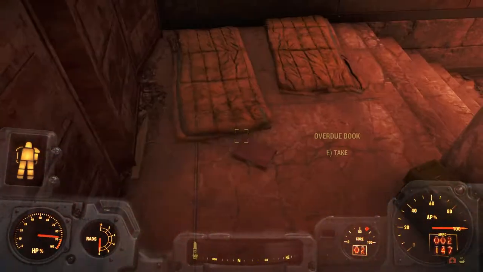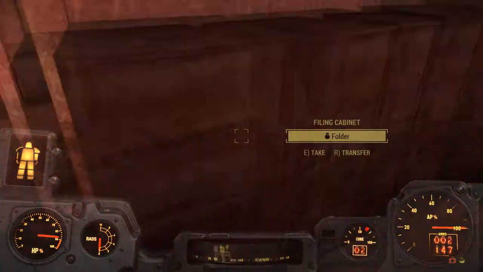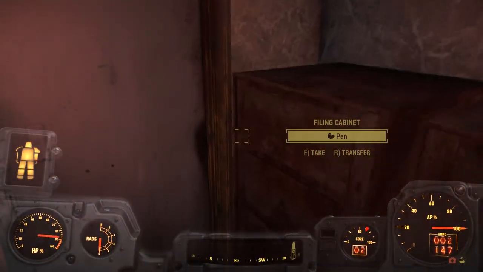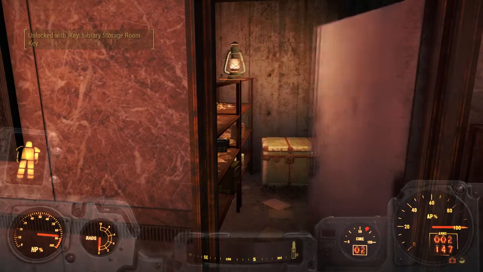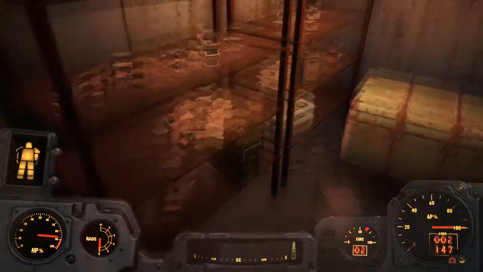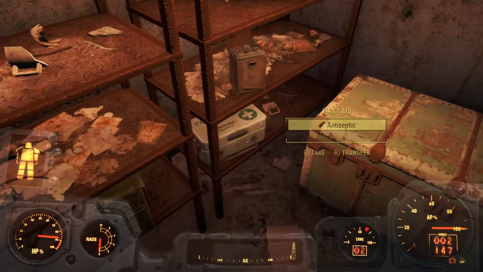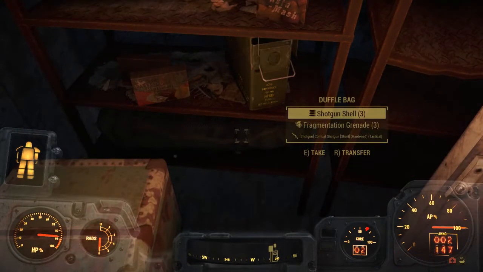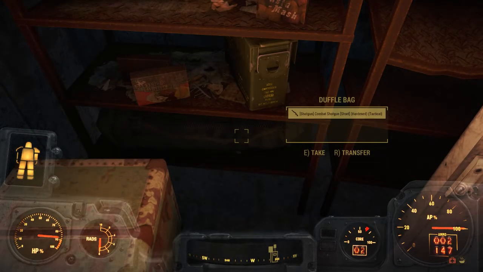Ooh, 3 more overdue books. Well, we'll be stopping by the terminal on the way out. No, the key unlocks the storeroom here. That's right. Yep. Ooh, loud dramatic music. So that's given us a bottle cap mine, a bit of ammo. You know, just a few little items. Nothing really worth writing home about. Ooh. Although